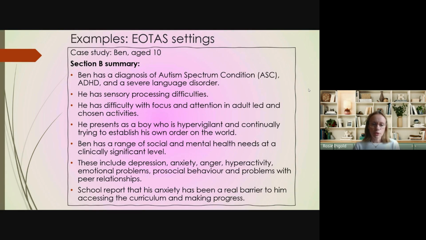So I'm going to come on now to an example in an EOTAS setting, so educated other than at school. We have a number of students at Bright Heart on EOTAS packages through the local authority. I've anonymised this student and the tutor as well. But we were contacted by one of the home counties local authorities last summer to provide one-to-one support for Ben,